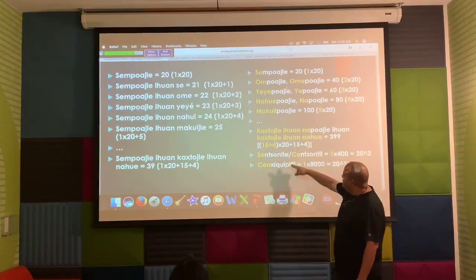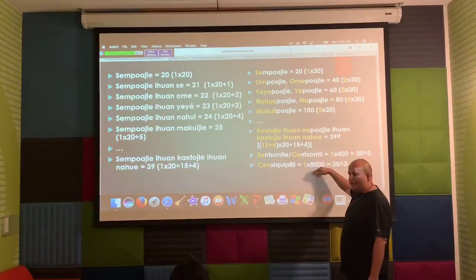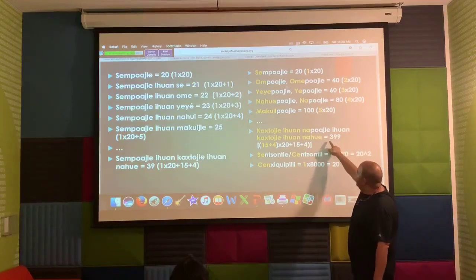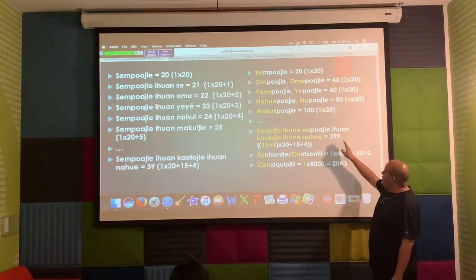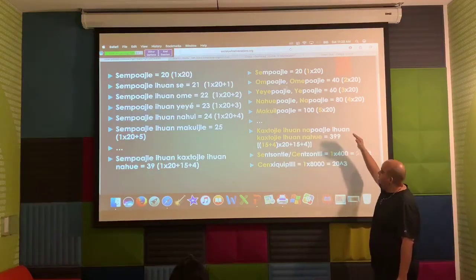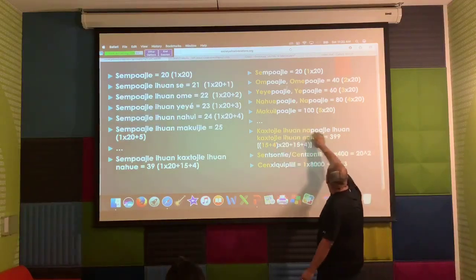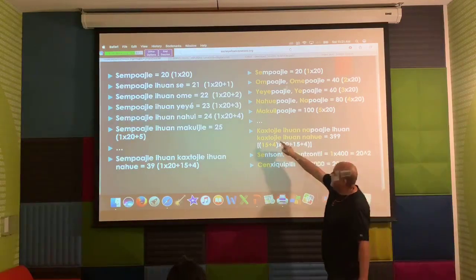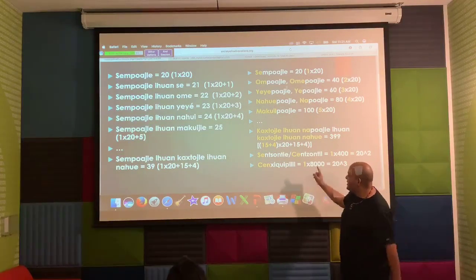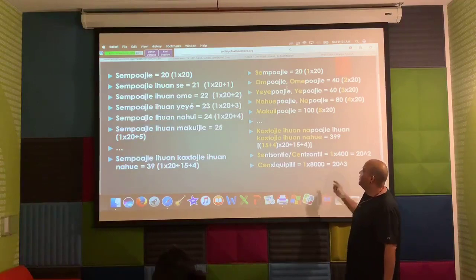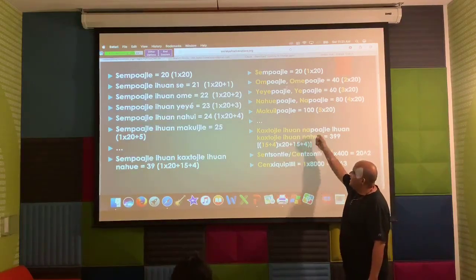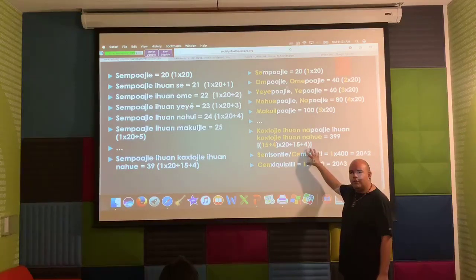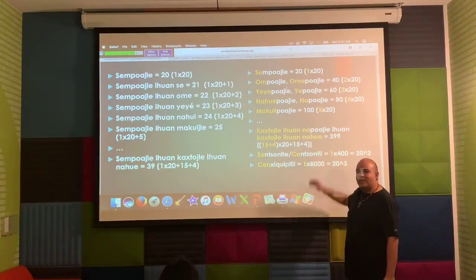In this example, I also want to show that there's also larger sets of numbers. So for example, this is the most that you can say before you get to a larger set when you're talking about using the poales, right? So castohle iwan poale iwan castohle iwan nahue. So literally you're saying, it is a mouthful, and this is one of the reasons why I've noted before that these sets, these higher numbers, are rarely used in indigenous communities contemporarily because it's so much easier to say